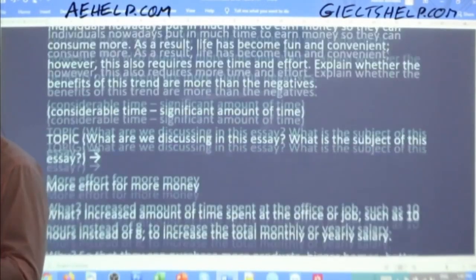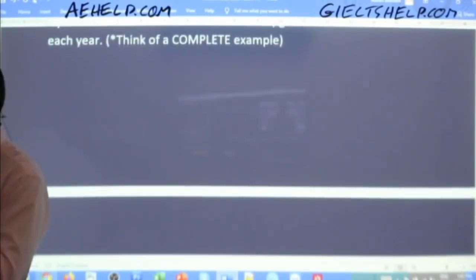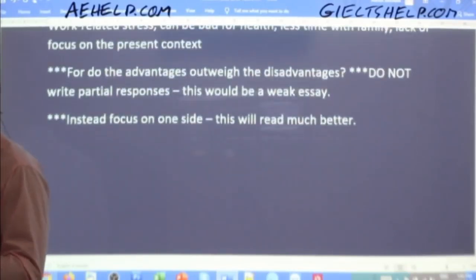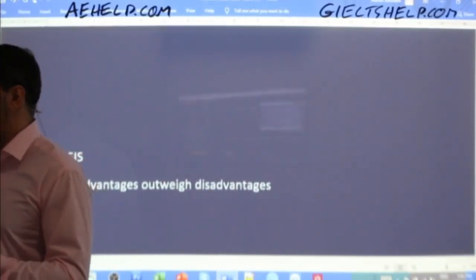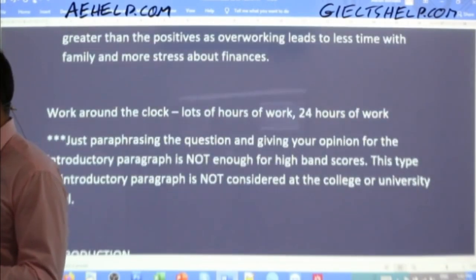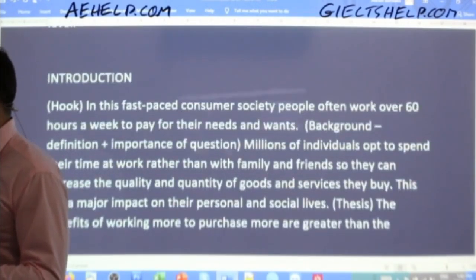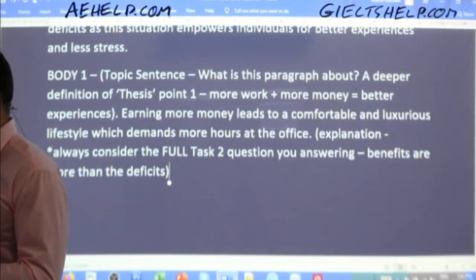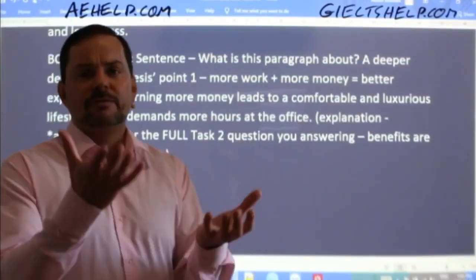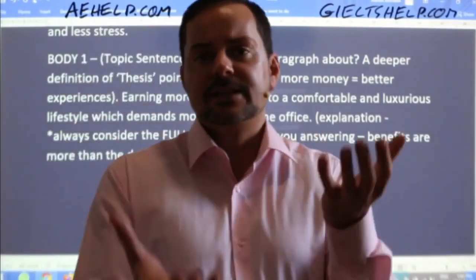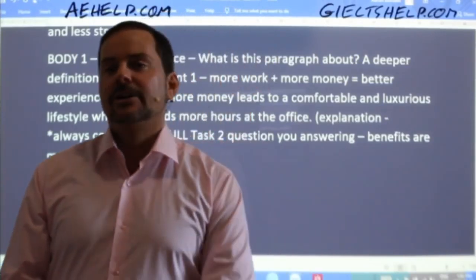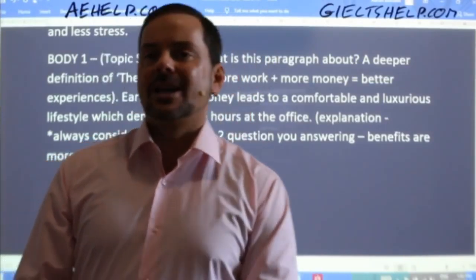Not just explain, well, if you work more, then you get more income and you can spend that income on having fun. Sure, okay, that's fine, but how does that benefit me more than if I work less and have more time? So clearly you need some kind of comparison here. You need some kind of expression of that relative advantage, disadvantage, okay? So give me a sentence like that for the explanation.